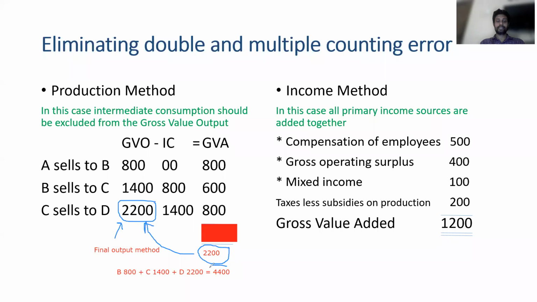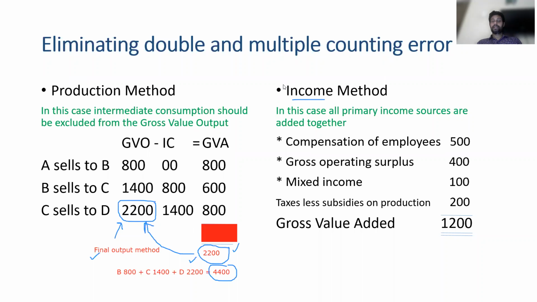If 4,400 is overstated, then our national accounts are wrongly measured. Therefore, we have to use either the final output method or value added. Then we emphasized value added is the best. Value added is the best. Then the income method. Under the income method, we can measure the country's GDP by considering